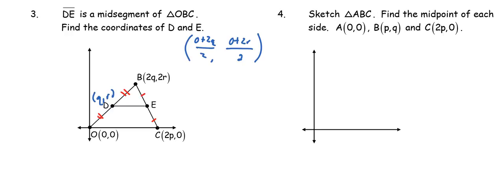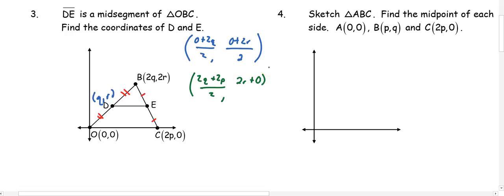For E, remember that E is the midpoint of BC, so we're going to do the same thing again. 2q plus 2p over 2, 2r plus 0 over 2. So in this case, 2q plus 2p is going to divide to just q plus p, and r. It should make sense that our y coordinate's the same because it's a parallel line, and if the y coordinates were the same for O and C, then D and E would